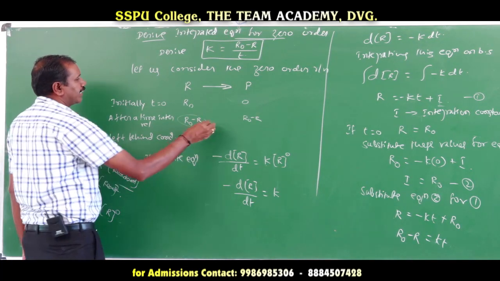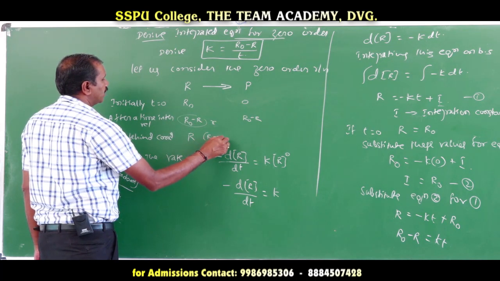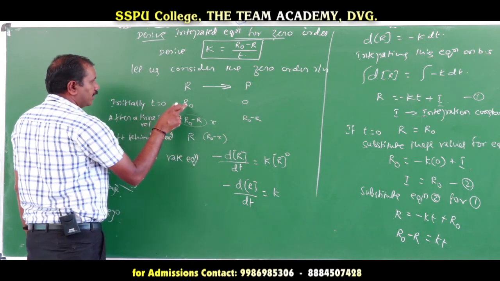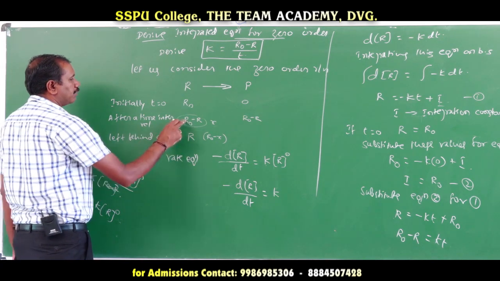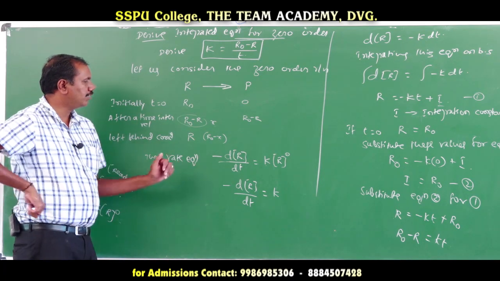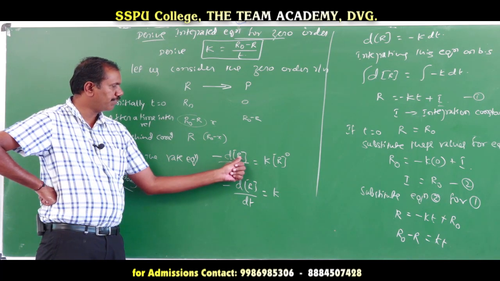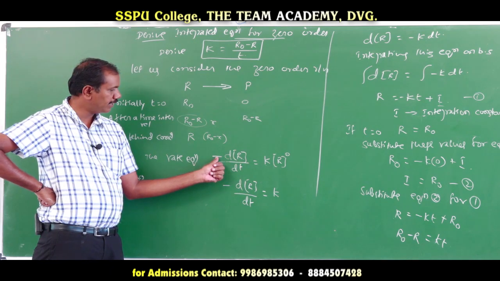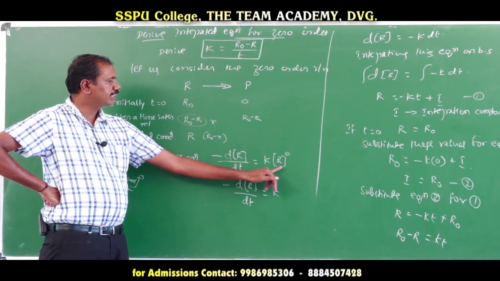We may take that as X. If R naught is there and X reacts, the left-hand concentration becomes R naught minus X. So the initial is R naught, the left-hand is R, and the reacted concentration becomes R naught minus R. Now, the rate equation for zero order is: rate is nothing but velocity, and velocity is nothing but the change in concentration of reactant with respect to time. Usually the concentration of reactant decreases, hence the minus sign, that equals k into the molar concentration of reactant, that is R.